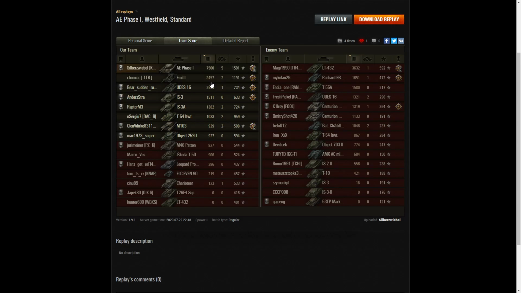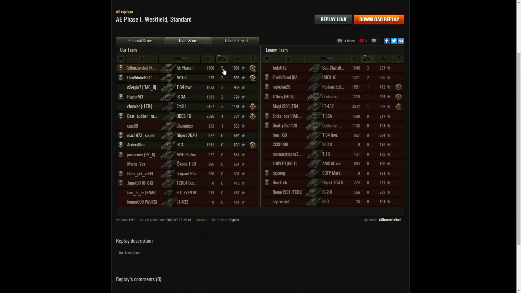7,500 for Silberzwiebel. The next high scorer was the LT432, the one who fired a round into his side. 3,632 to him, and 3,457 to the Emil. And Bear Sudden Rush, 2,596. When it came to kills, it was Silberzwiebel with 5 kills, just over a third of the enemy team, but